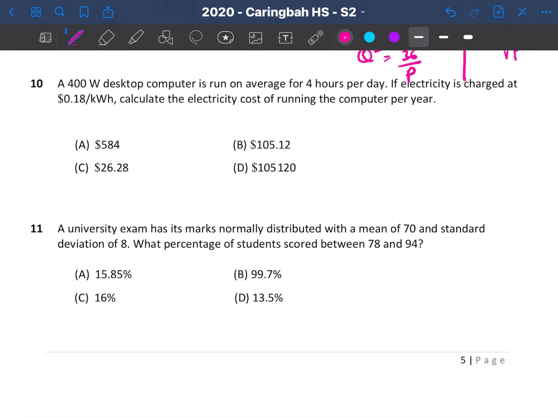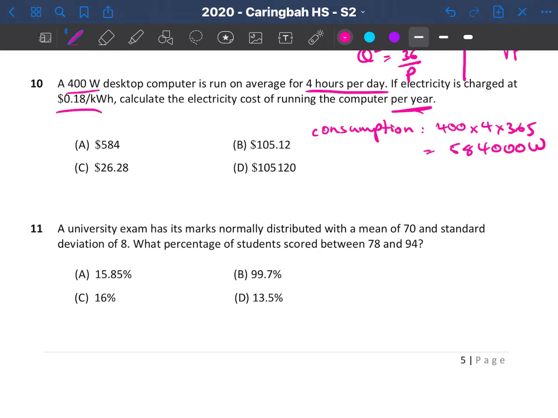Question 10. A 400 watt desktop computer is run on average for 4 hours a day. If electricity is charged at 18 cents per kilowatt hour, calculate the electricity cost of running the computer per year. Okay, so we've got 400 watts. So let's find out the consumption. Got 400 watts, 4 hours a day for 365 days in the year, and that is